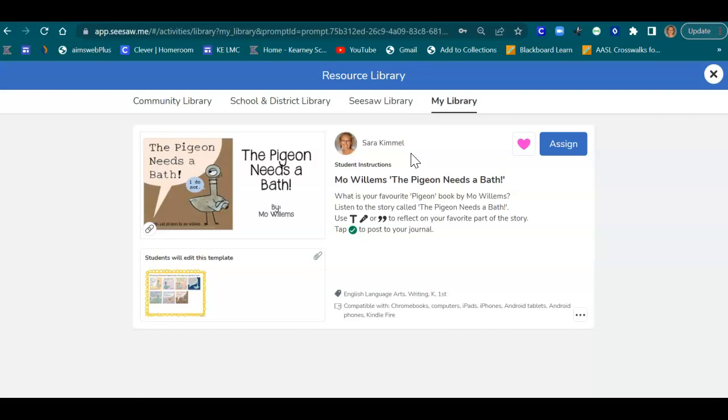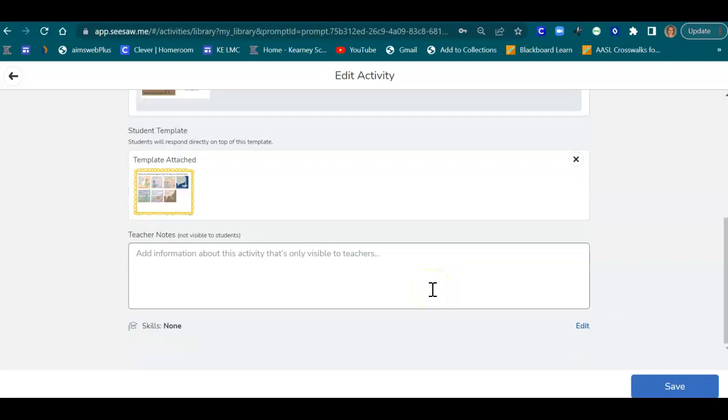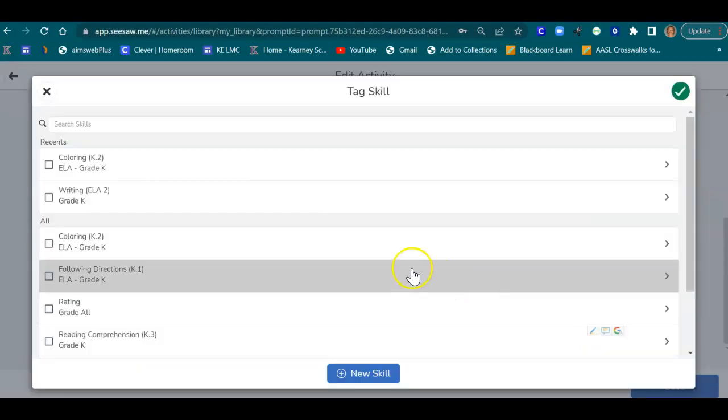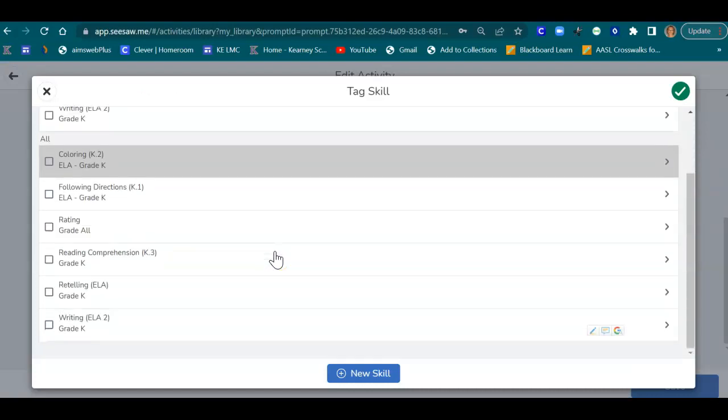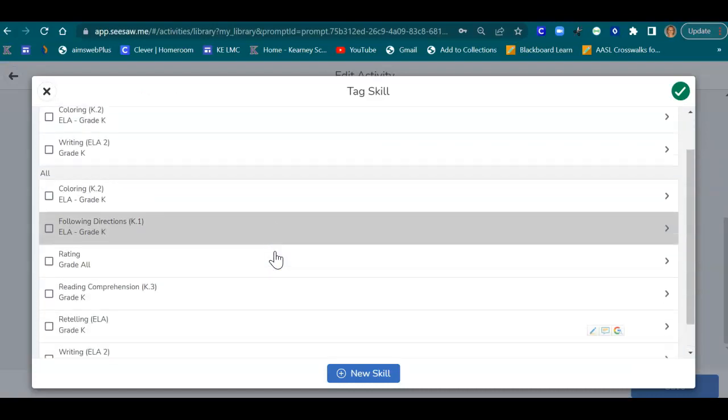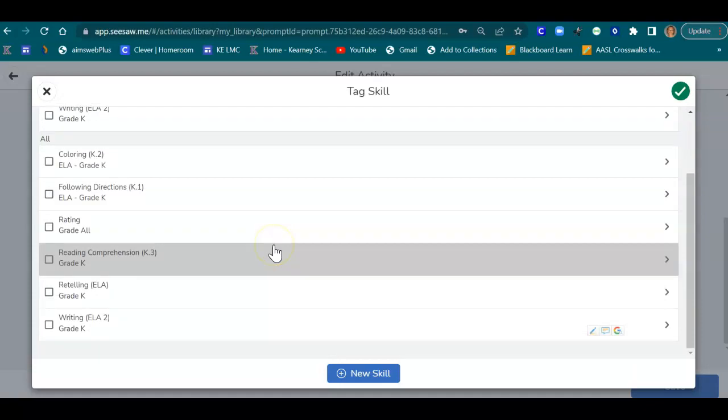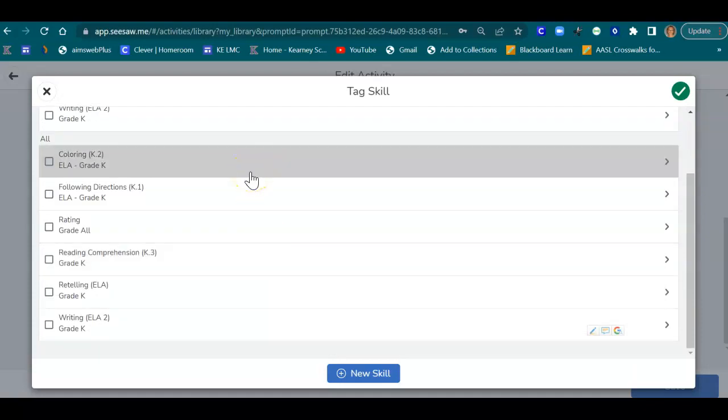Okay, now I can, actually, let me go back and edit a little bit. I might be getting ahead of myself. Yes, here. If you go down here, do you see how it says skills none, this little graduation cap? Okay, I'm going to click on this for a minute. We're getting ahead of ourselves a little bit, but I'm going to come back to that. Look at all these skills that are in here. Okay, now there's not a whole lot, because I haven't added a whole bunch. But I threw these in here just for example.